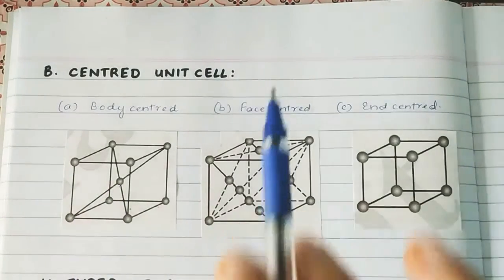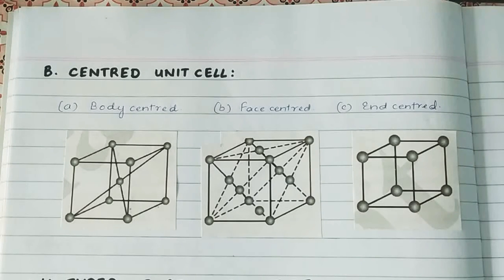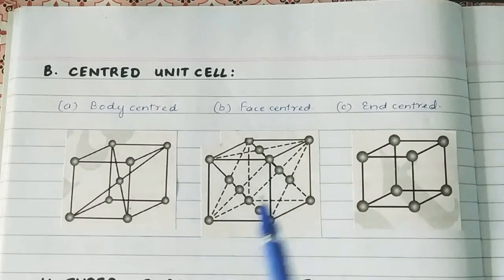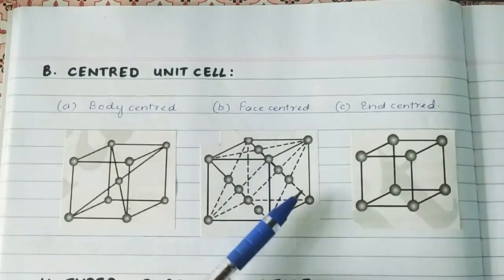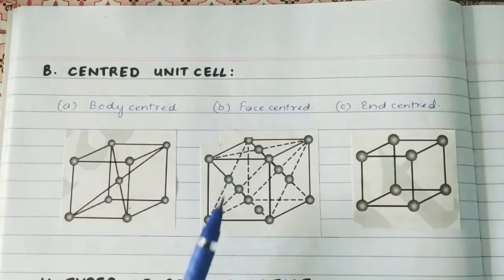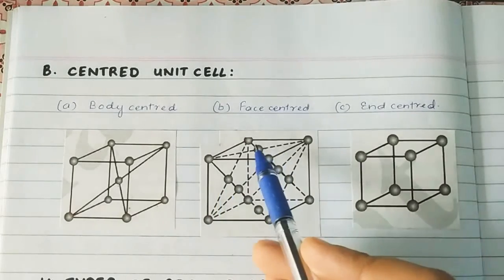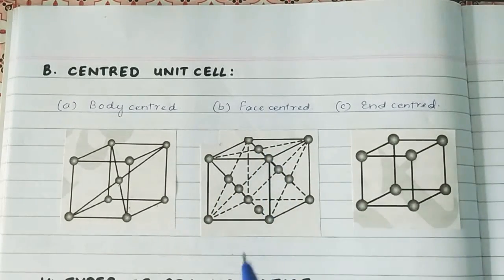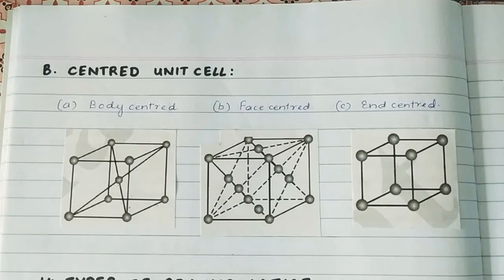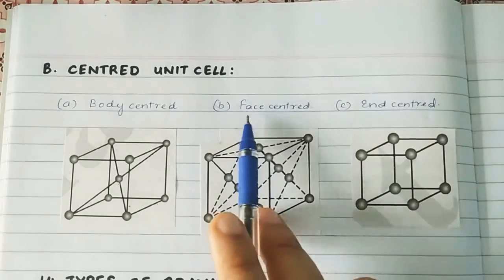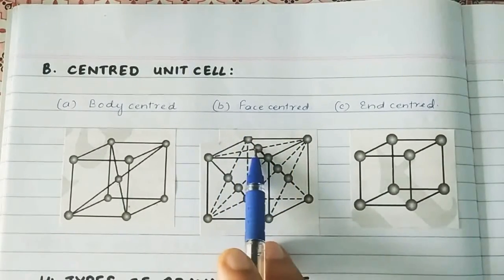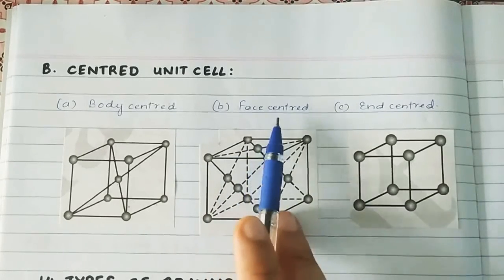Then second is the face centered. So the face centered has one particle on each face, this surface. Can you imagine this surface, then this surface, then below, and so on. A cube has a total of 6 surfaces. So 1, 2, 3, 4, and on top 1 and 2, so total 4 plus 2, 6. So 6 surfaces, and each surface has one atom on its face. That's why it is called face centered, center of the face. See here, this is the face, and at the center of the face, hence face centered.